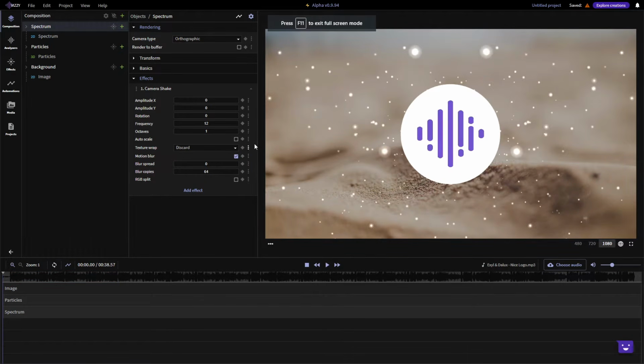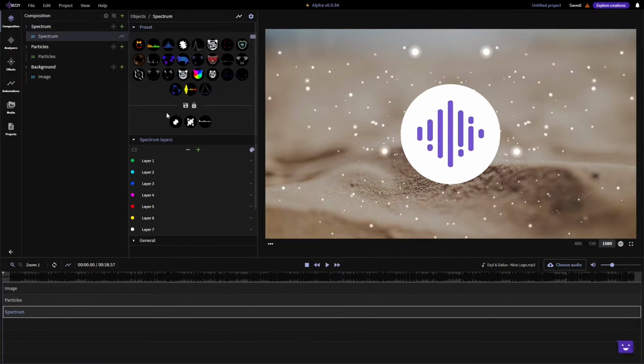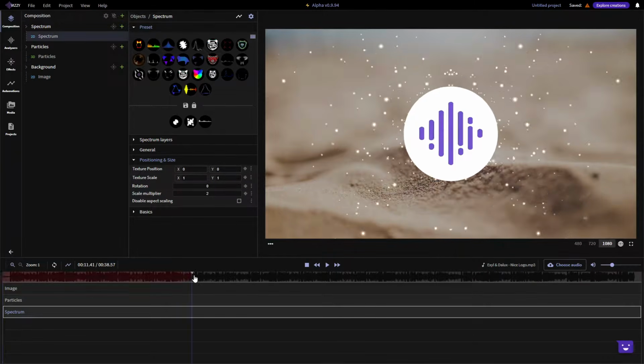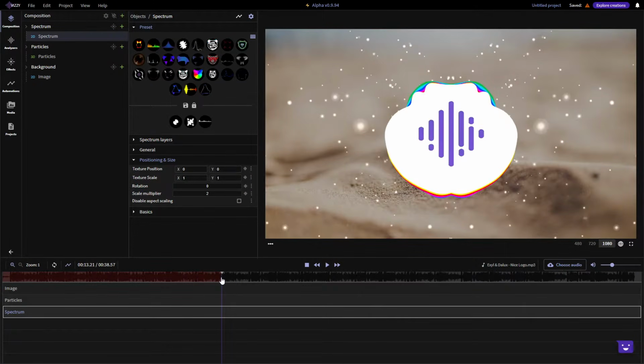So this looks good, but maybe you want to do something special with the spectrum. For example, if it's a drop, maybe you want to rotate the spectrum and do it only once. So there is a rotation controller here, and it controls, well, the rotation of the item. So let's automate that. See this little square here? It says record automation. So you can move somewhere, for example here.